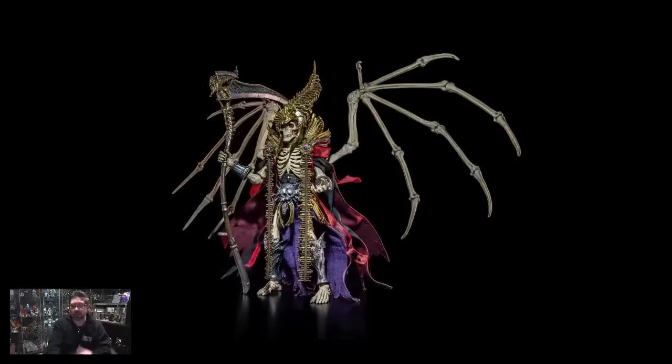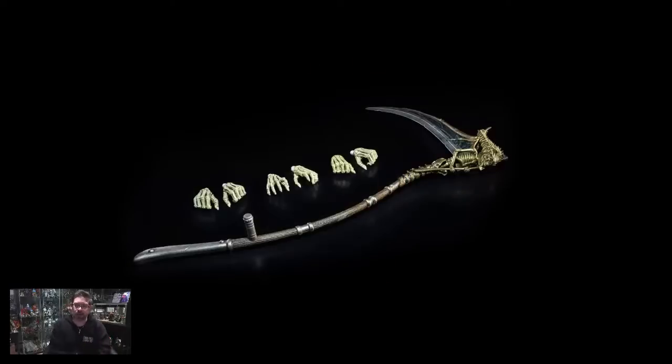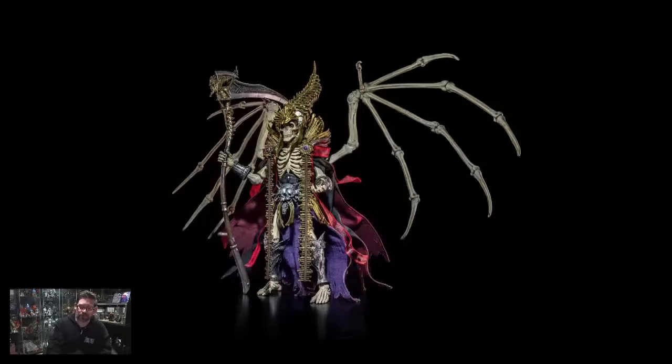So ornate, crazy that if you look at it, and when you look at the accessory shot here, it's actually got a little sculpture of Necronominus holding a scythe at the top of his scythe. So he's holding a weapon where he's holding his weapon are sculpted into the weapon, as crazy as that is. 3 sets of hands that you get on this figure as well, with all of these details. So much. I mean, even the vestments that kind of come down,